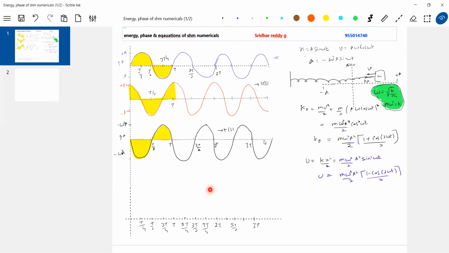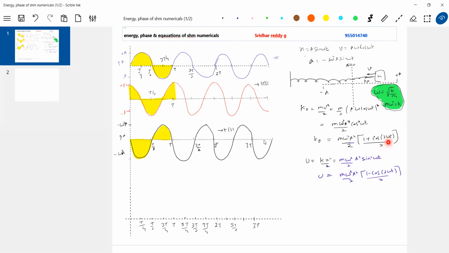No guesswork. We have to take help of this. If you want further, you make it T by 8. So t equal to 0, T by 8, T by 4, 3T by 8, 4T by 8, 5T by 8. Or still if you want a finer graph, T by 16, 2T by 16, 3T by 16, 4T by 16. This is needed. Students don't want it like this. They want to see the equation and plot the graph. That's a wrong thing, not possible. Tomorrow in the exam, if you get an equation, by seeing the equation, can you plot the graph? No, you have to go for the plotting graph method only.